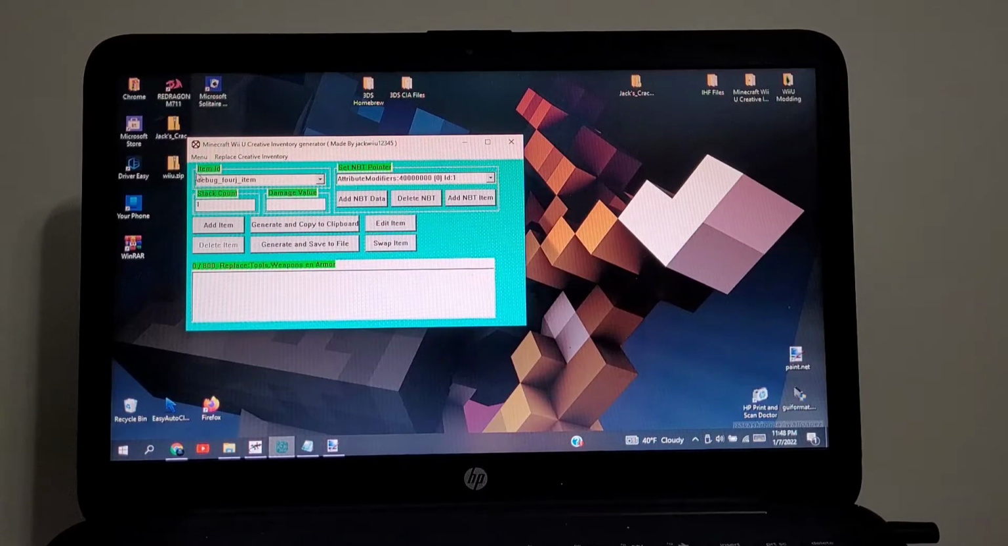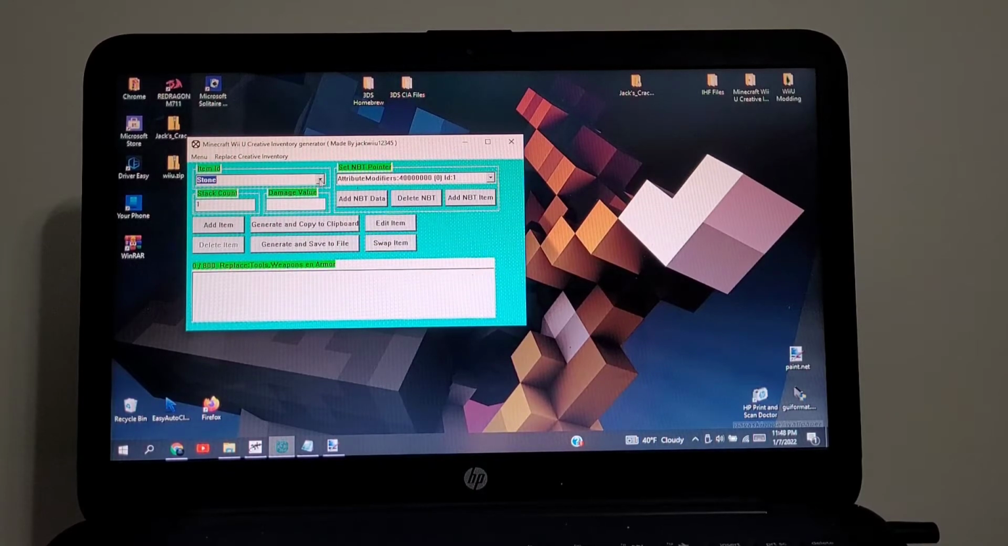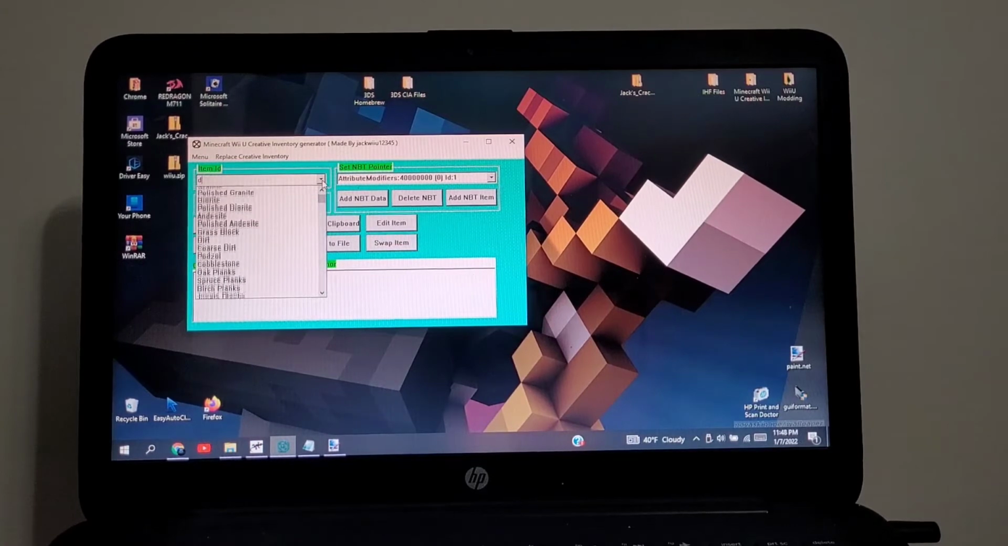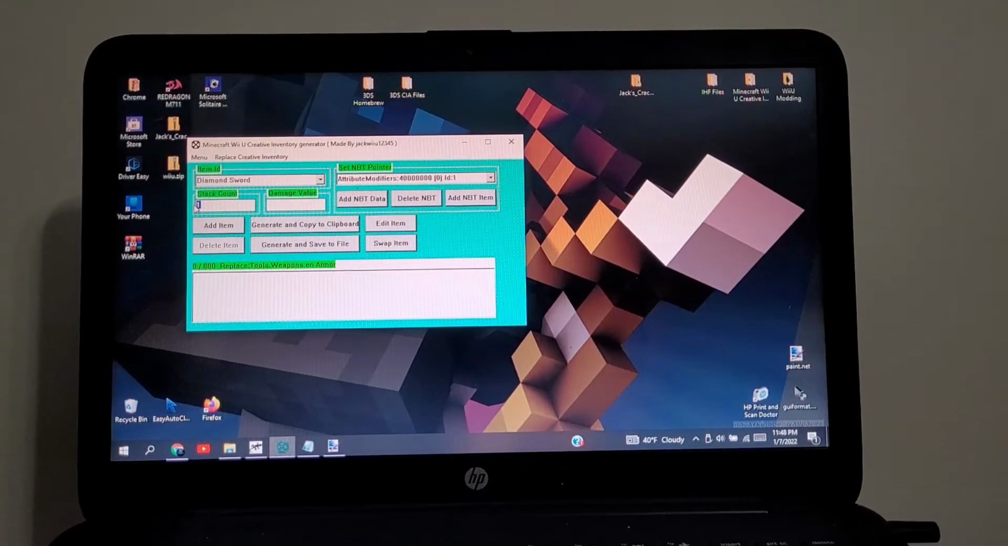So right here, you have the item ID. Now you can just select whatever item you want to add to the creative inventory. So for this example, I'll just do a diamond sword. And searching for an item is as easy as just typing in the name. It's a diamond sword right there. You can set stack count to anything like 64. Set the damage value to whatever you really want, and